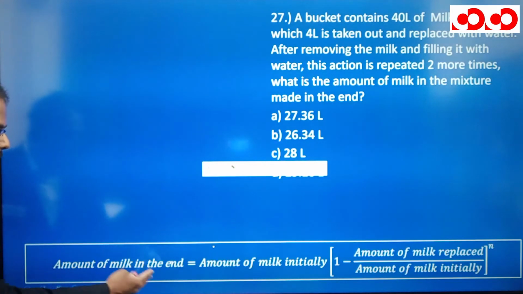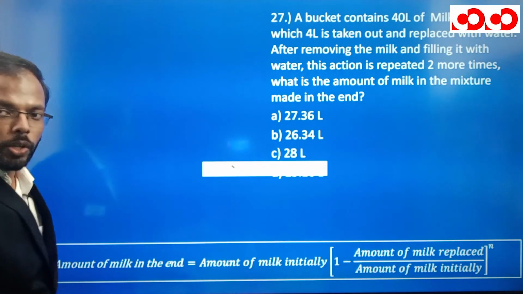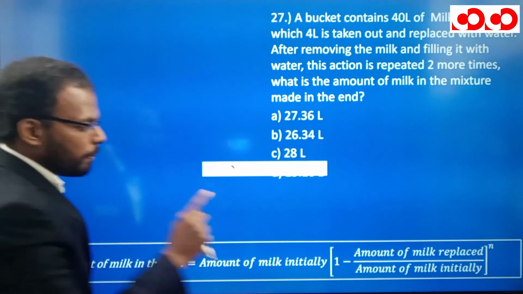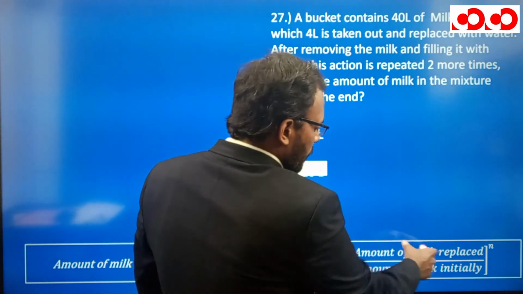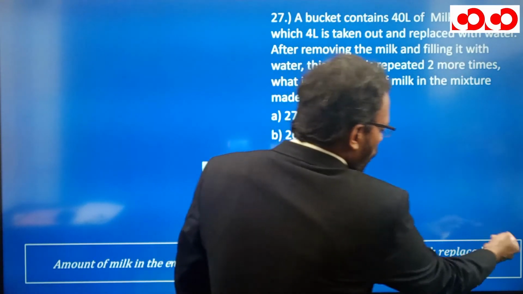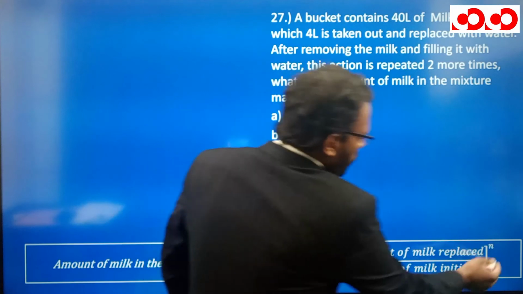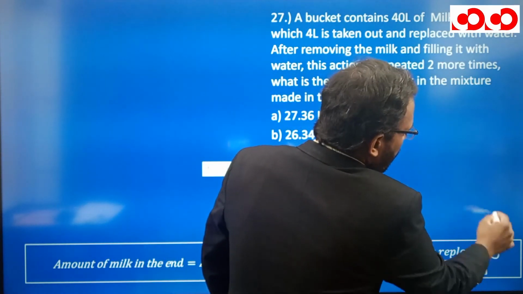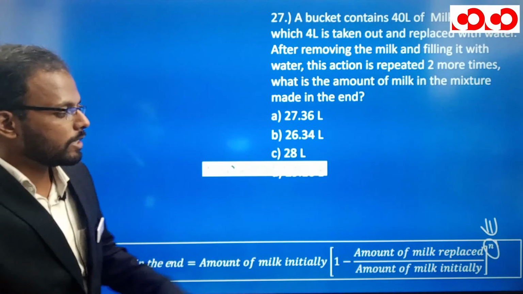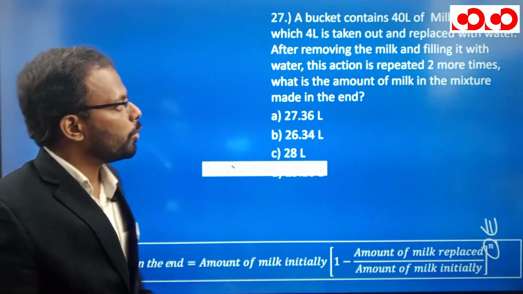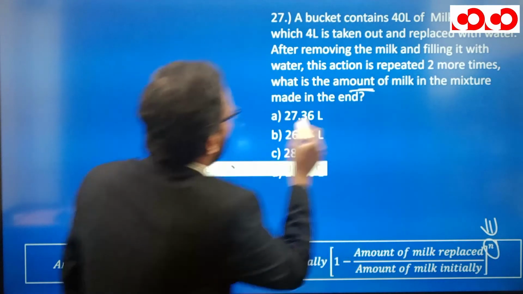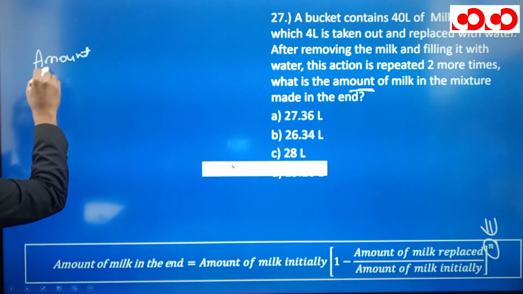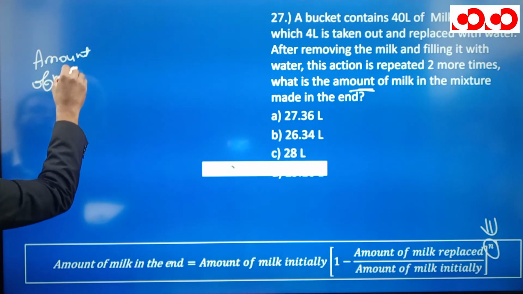The amount of milk which is left in the end is equal to the amount of milk initially multiplied by 1 minus amount of milk replaced divided by amount of milk initially, whole to the power of n. You can see whole to the power of n, where n is the number of times this operation has been done. That is the number of times you have replaced it. So if we need to find the amount of milk left, amount of milk remaining,